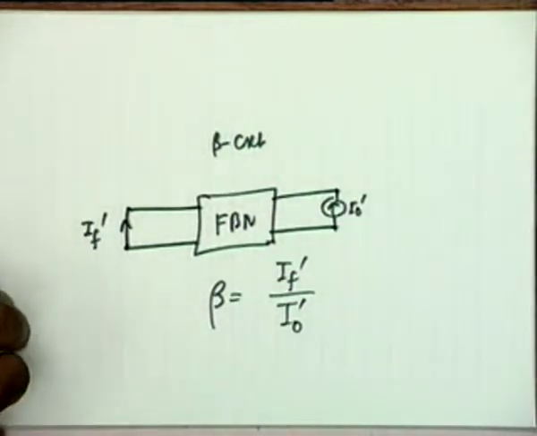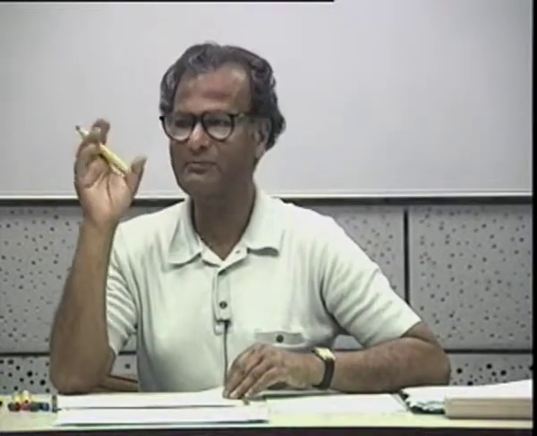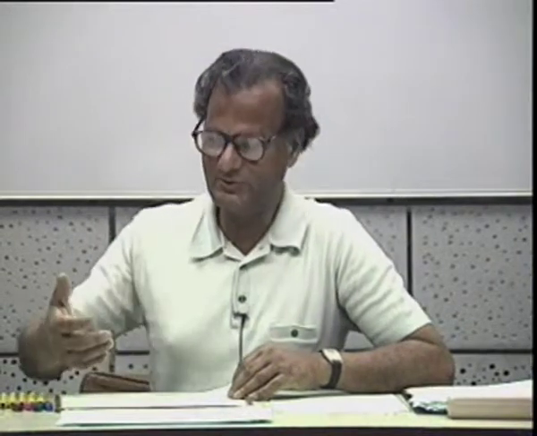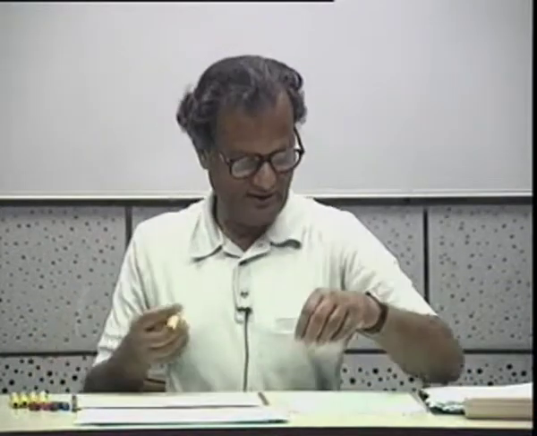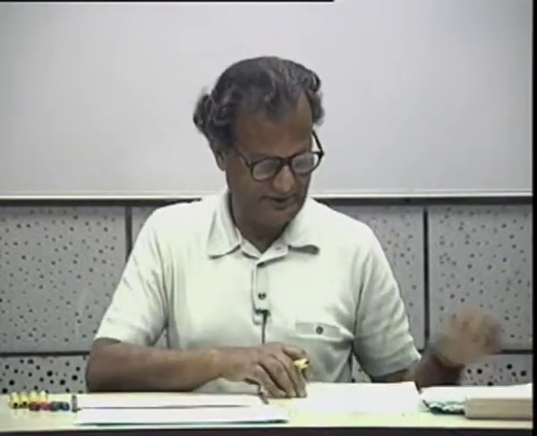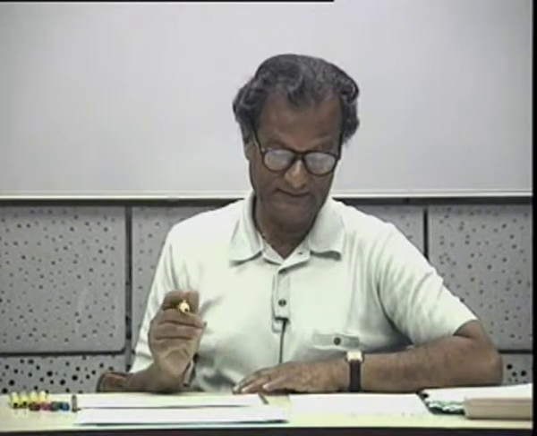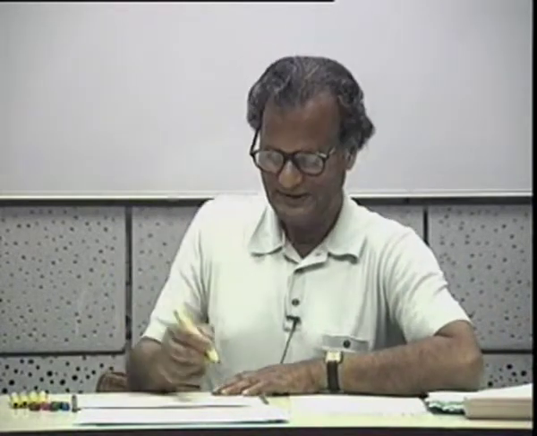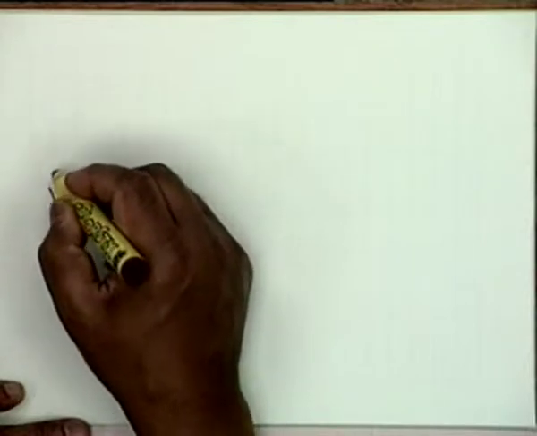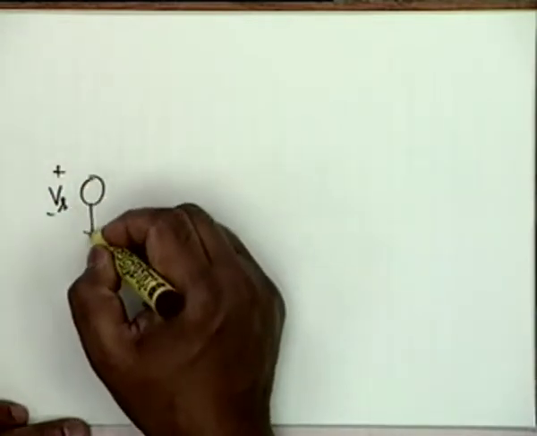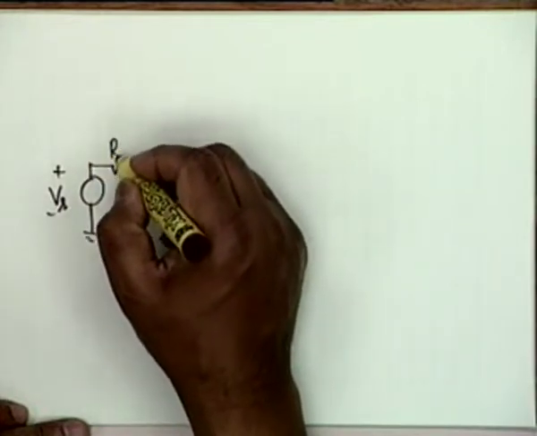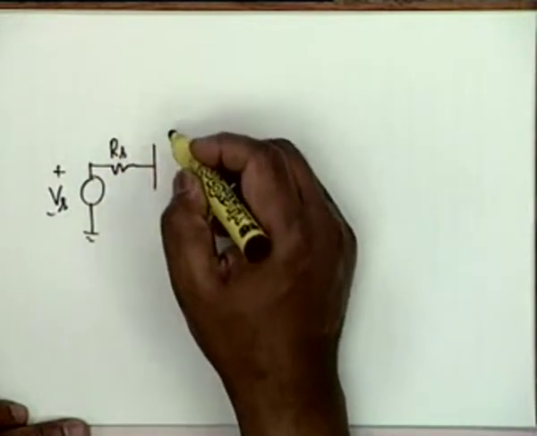Given any configuration, however complicated it may look, your ingenuity will lie in identifying what kind of feedback it is. Once you do that, then you can proceed blindly. Let me illustrate with one example. I will not calculate the full example, I will simply illustrate. Fairly elaborate, and I would omit the biasing circuits if you permit. I have a Vs Rs. This is also a practical amplifier.